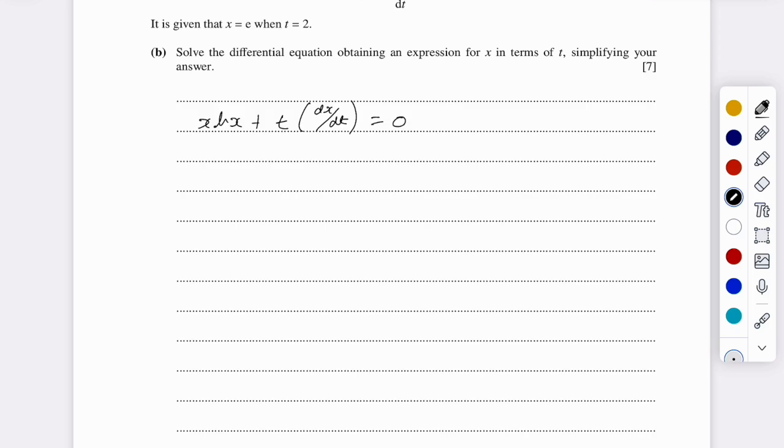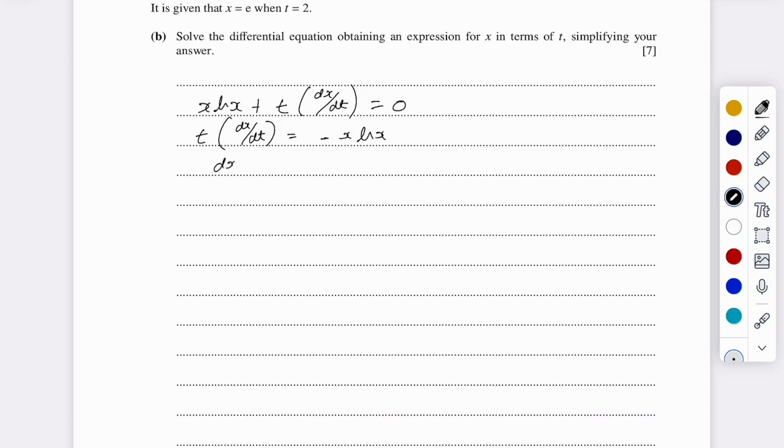We can then say we've got t dx by dt here. That's going to equal minus x ln x, which therefore means that dx by dt is equal to negative x ln x over t. Cool. So then, moving on from here,